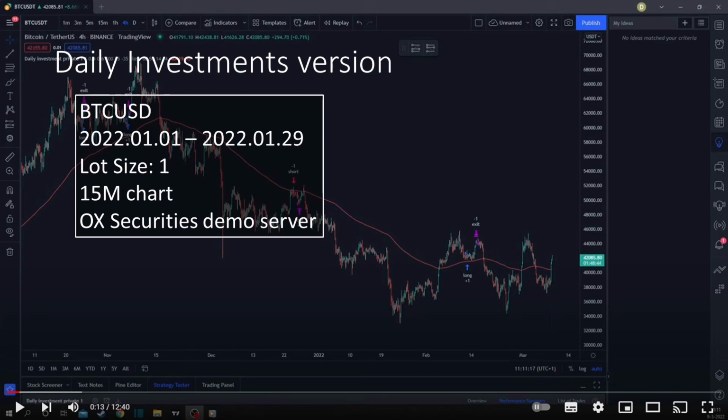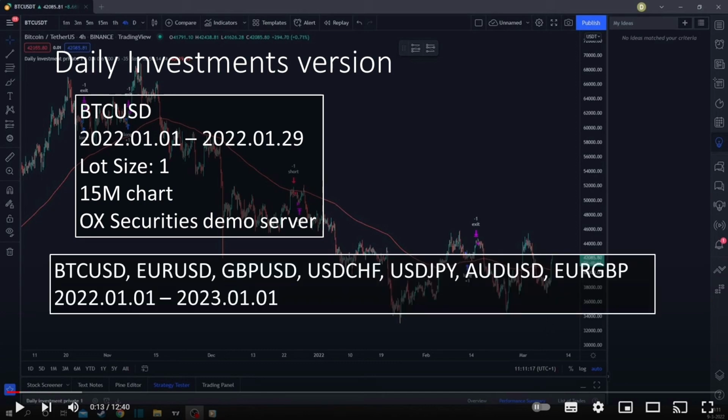I normally use the MetaQuotes demo server so that I can make sure that everyone who's watching this might have access to the same data, but MetaQuotes don't provide BTC USD historical data, so I've gone to the Ox Securities demo server for this. After I run a test to confirm the same test that Daily Investments used, I'll then